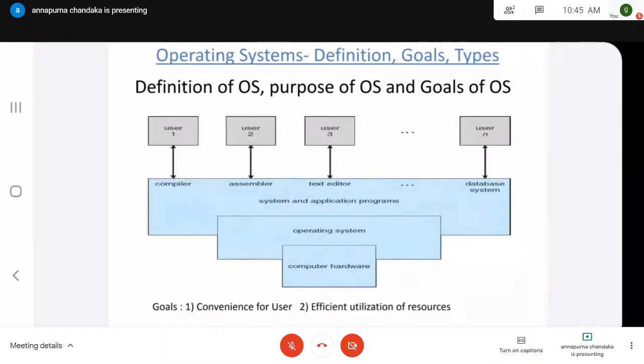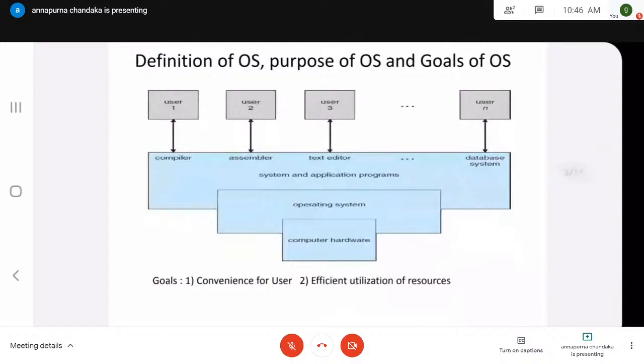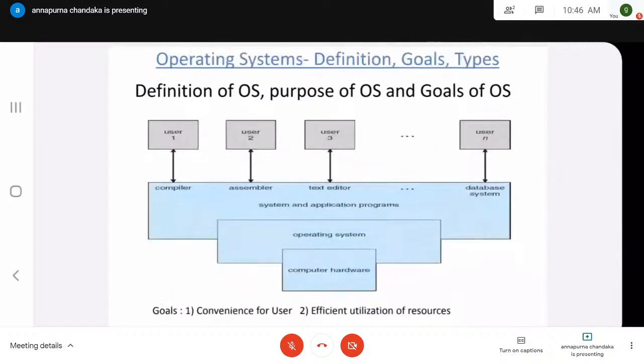It is a resource allocator. Your computer system is a collection of resources. If you want to utilize those resources, then definitely you should have an operating system. That's why the fourth standard definition of an operating system is that controlling the resources and allocating the resources are brought together into a single piece of software known as an operating system. These are the four most standard definitions.